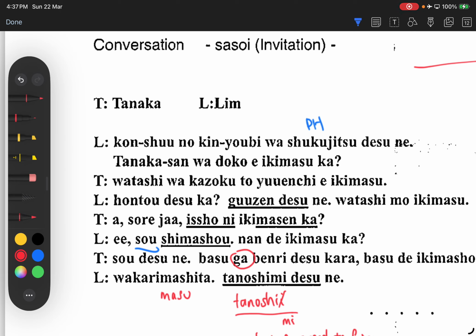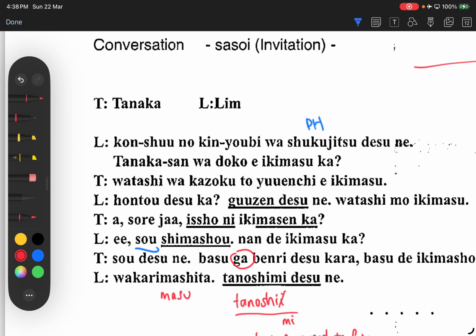今週の金曜日は祝日ですね。そうですね。田中さんはどこへ行きますか？私は家族と遊園地へ行きます。本当ですか？偶然ですね。私も行きます。あ、それじゃあ一緒に行きませんか？そうしましょう。なんで行きますか？そうですね。バスが便利ですからバスで行きましょう。わかりました。楽しみですね。